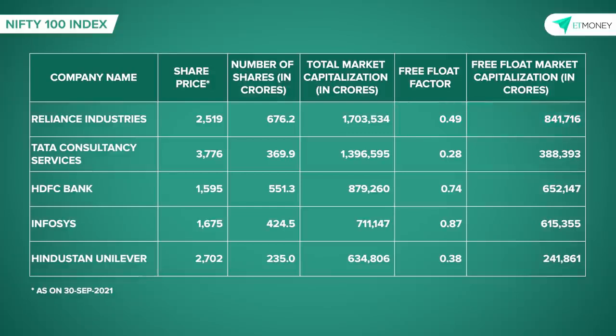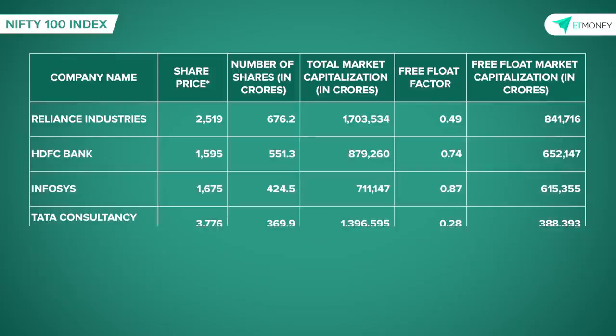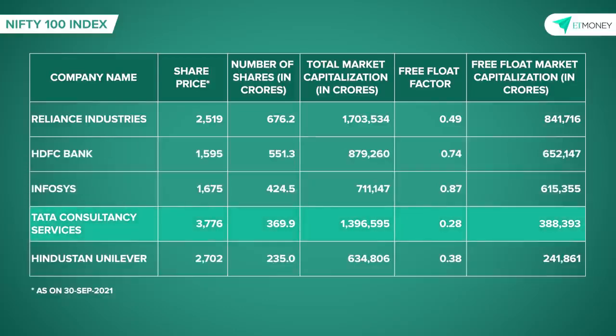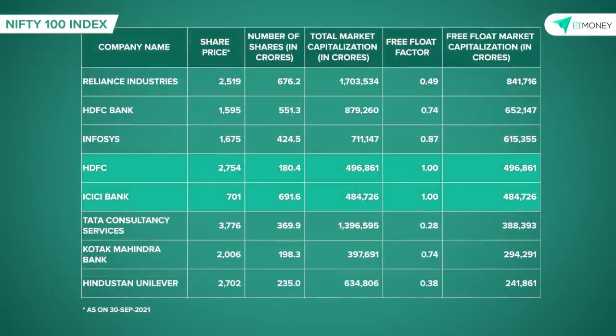Now notice here that TCS and Hindustan Unilever have much lower free float as compared to an HDFC Bank or Infosys. So when we multiply the free float factor with the total market cap, the resulting free float market cap of a TCS comes out to be much lower than an HDFC or Infosys. In fact, other companies like HDFC Limited and ICICI Bank that did not make it to the top 5 companies per the total market cap method are very much a part of the top 5 as per the free float